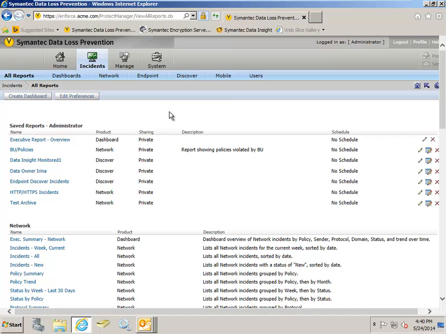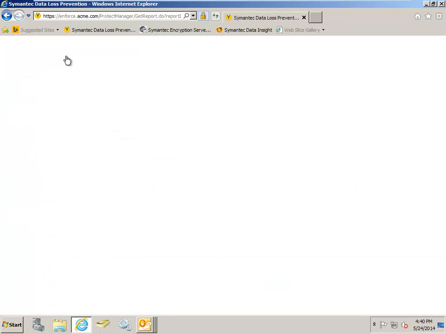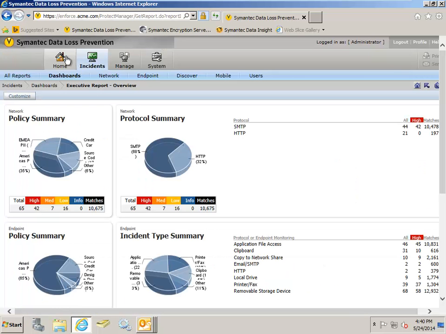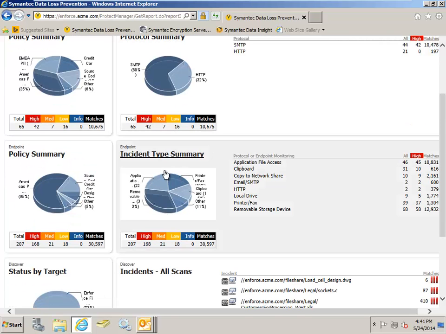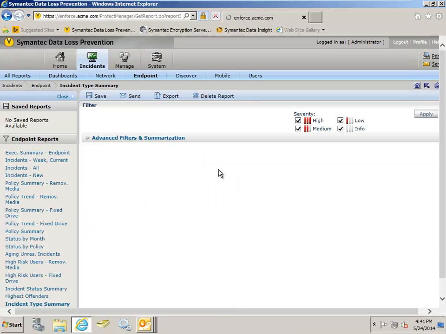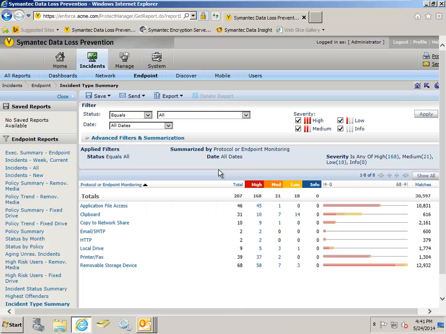with the product. Let's go back to that dashboard because I want to show you how easy it is to dive from these very high-level reports down to the specific details of the individual incidents in the incident snapshots that you're now familiar with from the rest of the demo. Let's go down from this high-level dashboard to an incident type summary. This gives you a chance to see another type of report that's available through Symantec Data Loss Prevention, which is